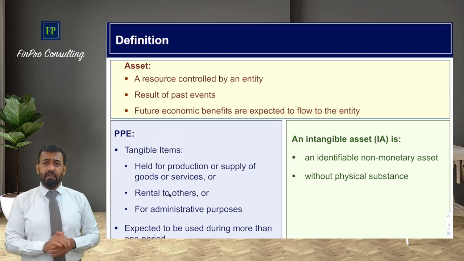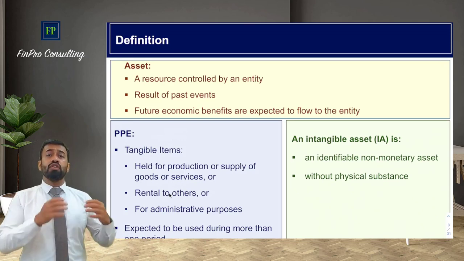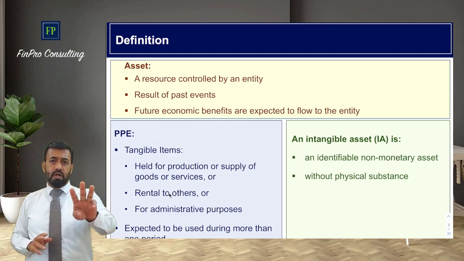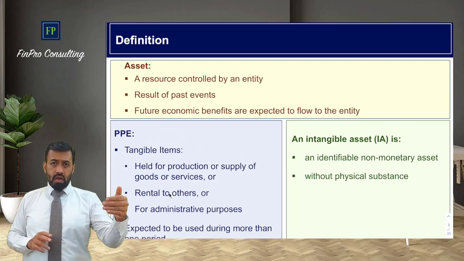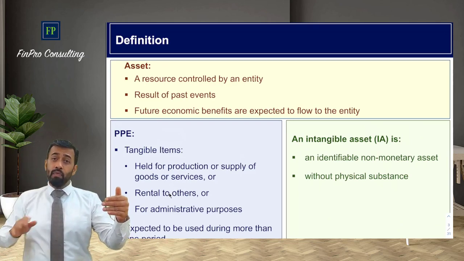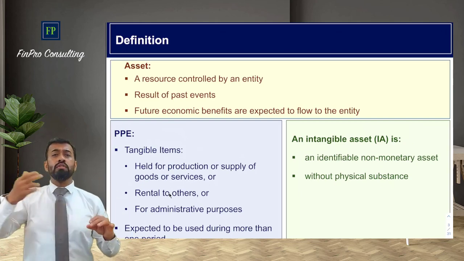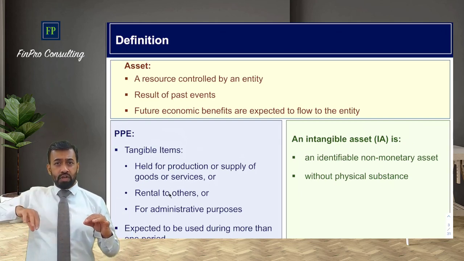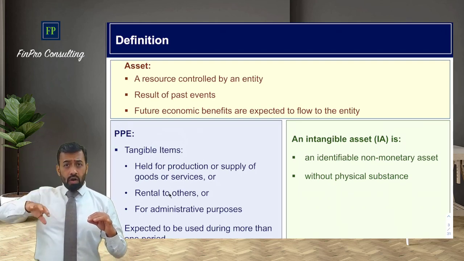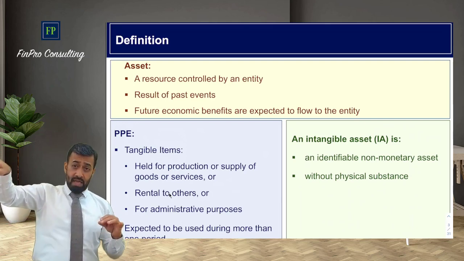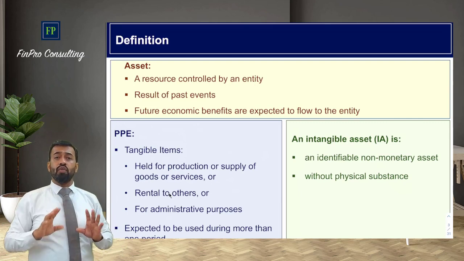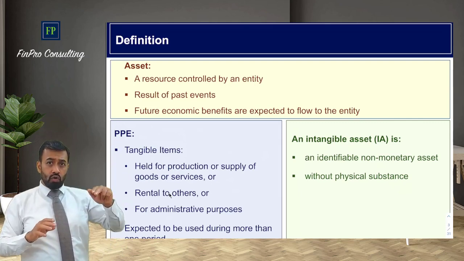Definition of asset. Very simple. Asset is a resource which is controlled by an entity from which future economic benefits are expected. Only 3 points. First of all, it needs to be a resource. It is not required that you should possess it. No, it should be within your control. What is control? You should be able to use it as per your own discretion. You should be able to allow somebody else to use it as per his discretion, or you should be able to restrict somebody else from using that. If you have that capability, then you have control. Correct? So, a resource within your control.